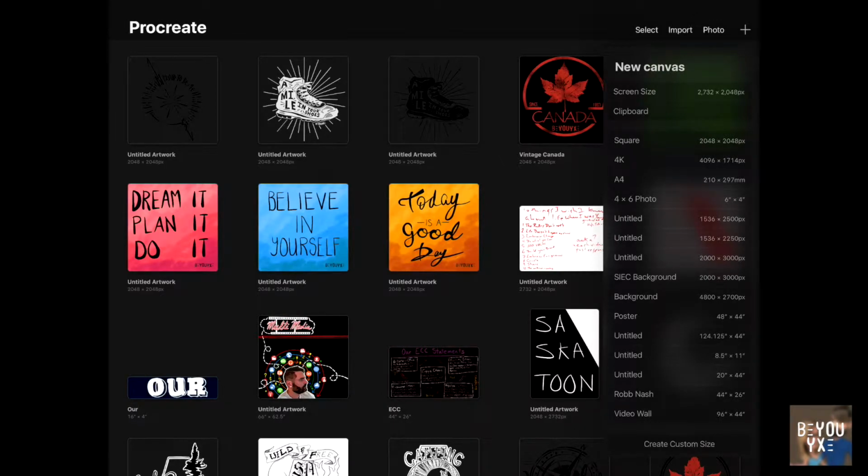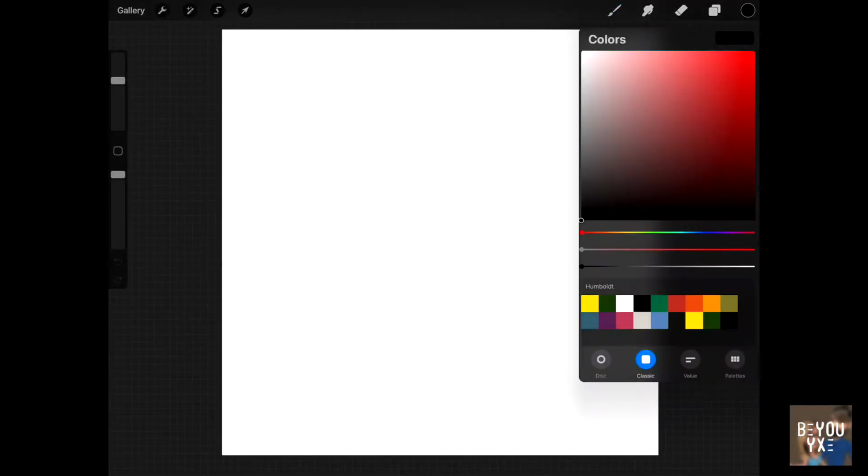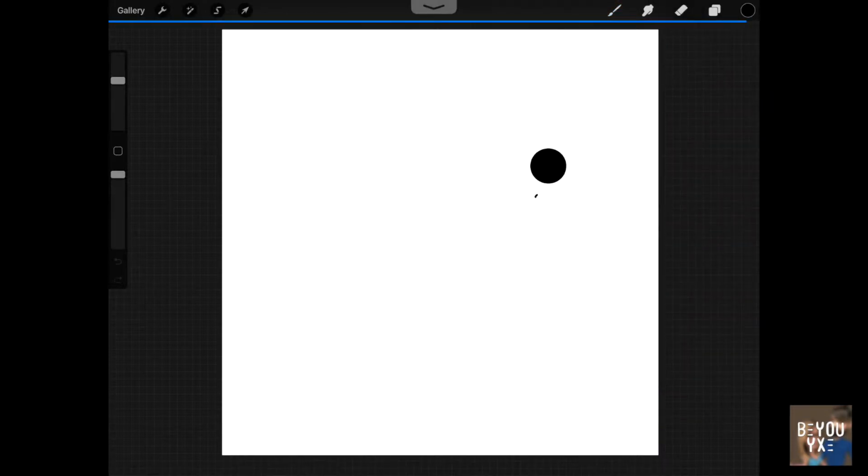So we'll start by making a new document and working inside of there. I always like to make my canvas a little bit smaller just so I can see the edges of the page on my screen. Now I'm making my first layer black just so that we can see the white text stand out from the